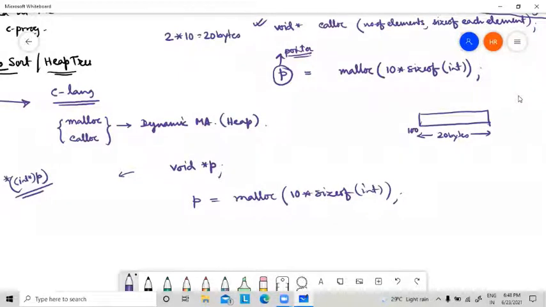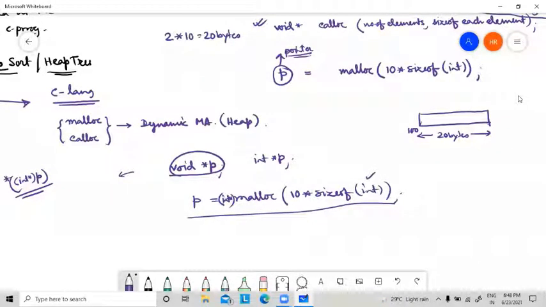That's why we generally use our actual pointer instead of a void pointer, and then we typecast the void pointer into an integer pointer. Since the memory is allocated for 10 integer variables, p will be declared as int star.